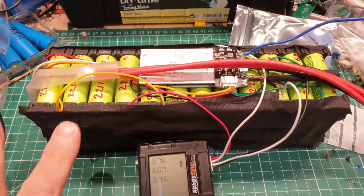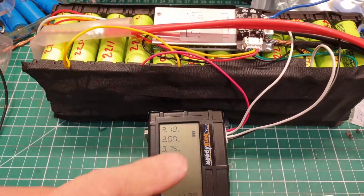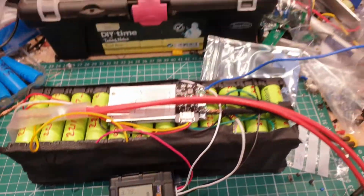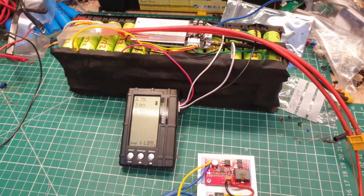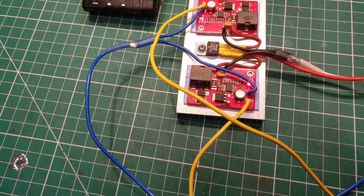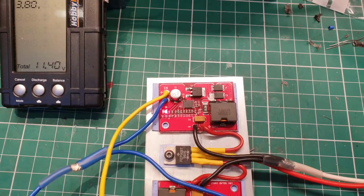The battery pack, which is here, is done, tested and working. The cells are all reasonably balanced according to the Hobby King meter. I'm now trying out the charge unit, and what I'm using is these 3 amp charge